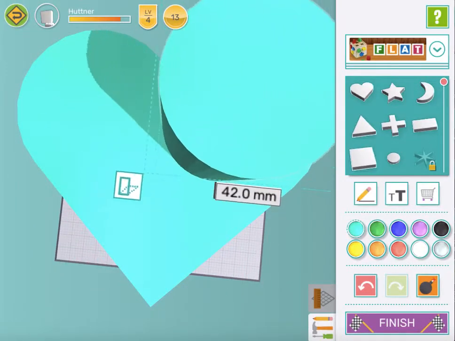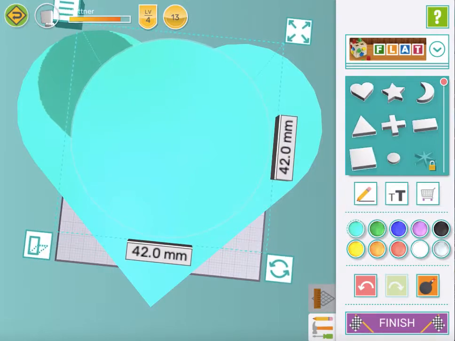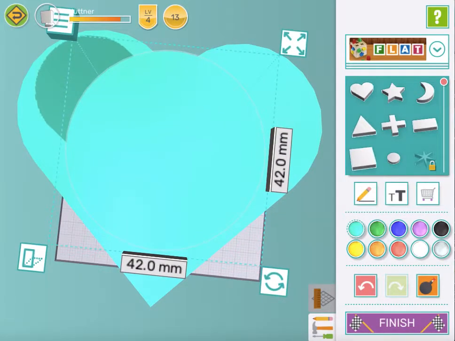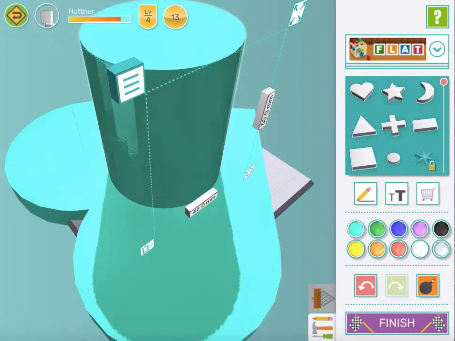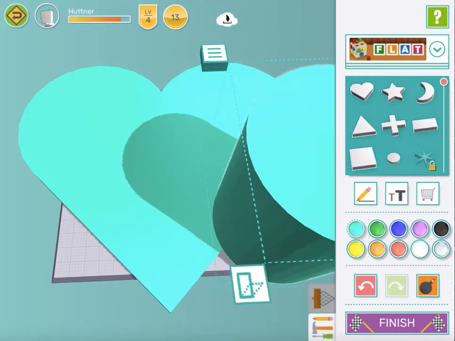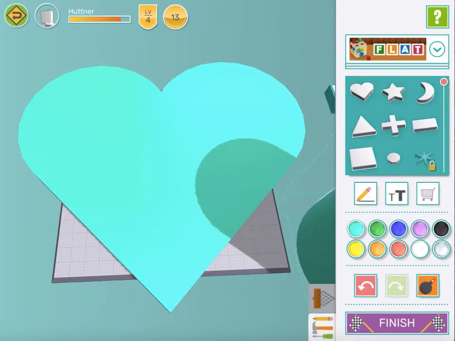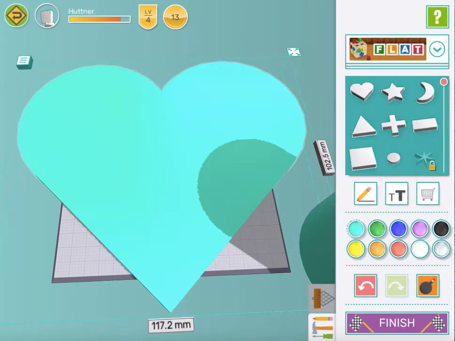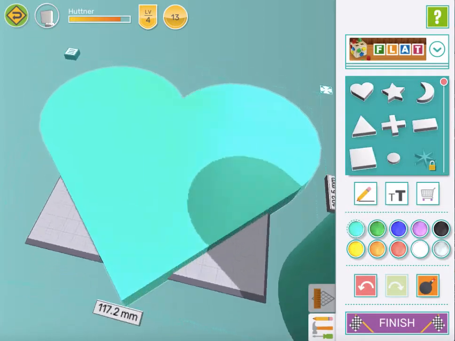So I'm going to pull my candle back over, make sure that that looks big enough, and I might move it around to see that there is enough space. And then I'm going to move that candle off to the side again because I'm going to check it in a little while. Now I'm going to tap on my candle holder, my heart,